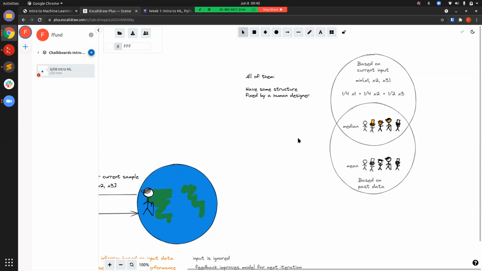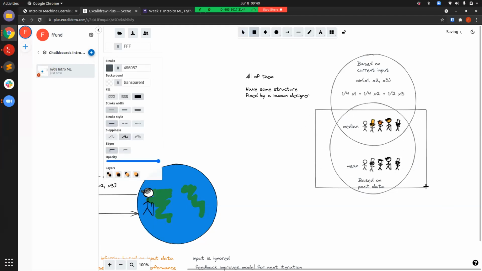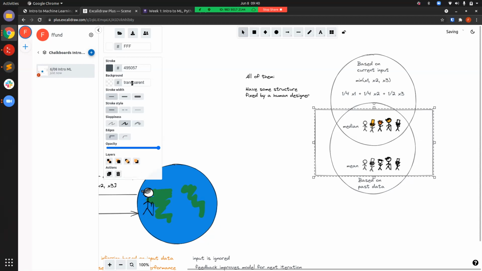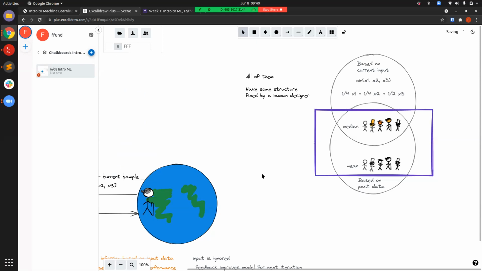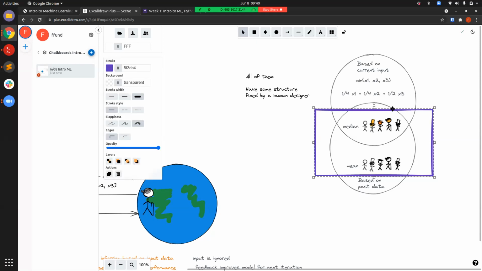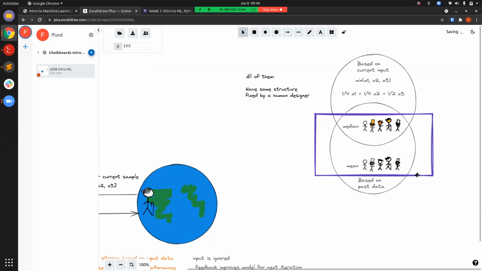But some of them have some parts of it determined by past data, some of them do not. I'm going to say that these 2 here are machine learning systems. So these 2 systems, which are based on past data, I would consider these machine learning systems for exactly that reason. Because they use past data in order to determine how to process a current input, I'm going to consider it a machine learning